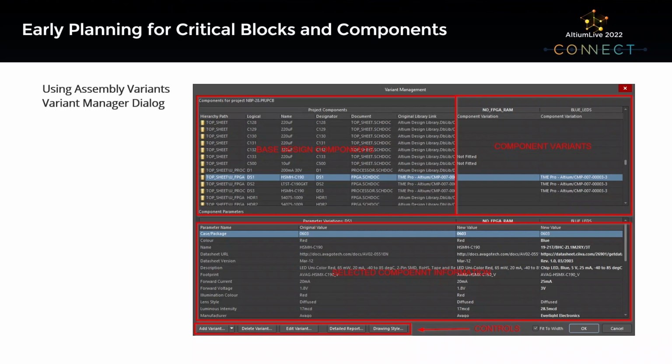Now this is the variant manager. It's the dialog which allows for the creation, editing, and configuring the visualization settings of the assembly variants. The upper right region displays the components in the original or base version. To the right are the current assembly variants, and each component line item shows the status of non-fitted or alternate